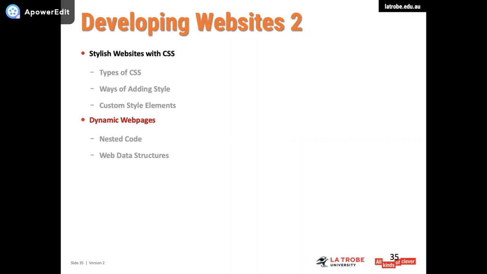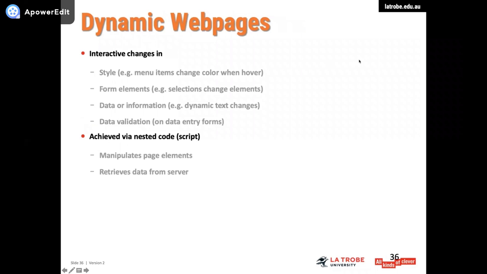First, you need to know when we need these interactive or dynamic changes in web design. First is the style. For example, the menu item changes color when hovered. When you move your mouse to the menu item, the color or the font size will change,